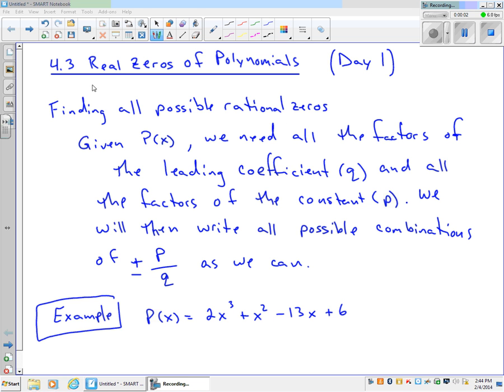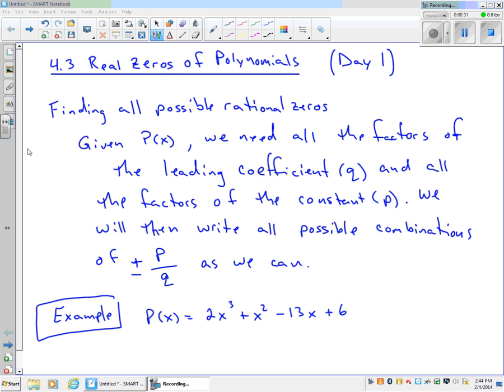Today we are working on 4.3, real zeros of polynomials, day 1. Finding all the possible rational zeros given a polynomial p of x, we need all the factors of the leading coefficient, denoted as q, and all the factors of the constant, denoted as p. We will then write all possible combinations of the ratio of the factors of p over the factors of q